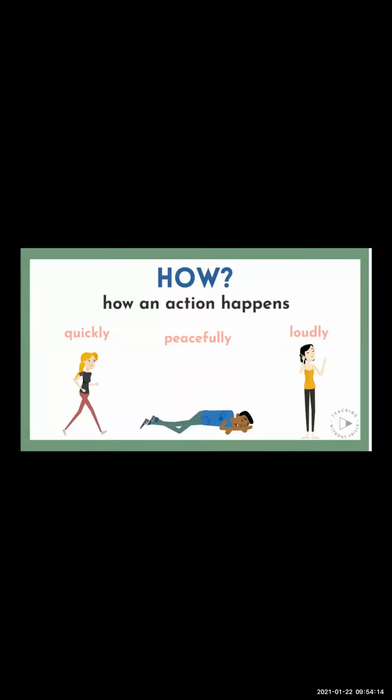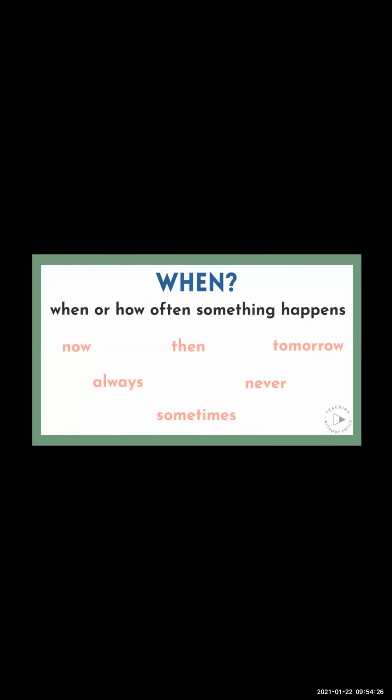Let's move forward. I hope all of you have understood how, if you ask the question how, the answer you get is called an adverb. Let's talk about the when. If you have a sentence and you want to identify the adverb, this time you're going to ask the question when the incident or the action has happened. When it is happening, you just have to ask the question.